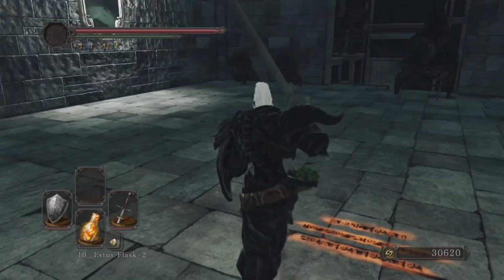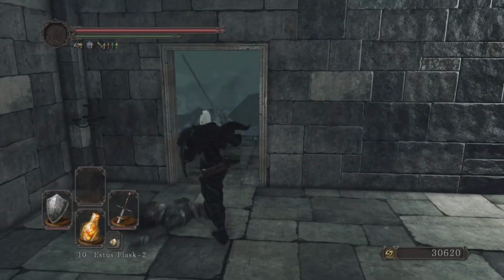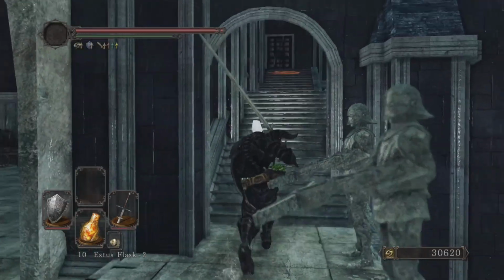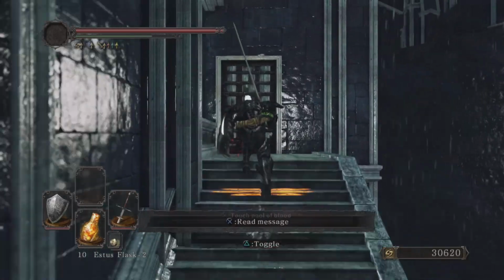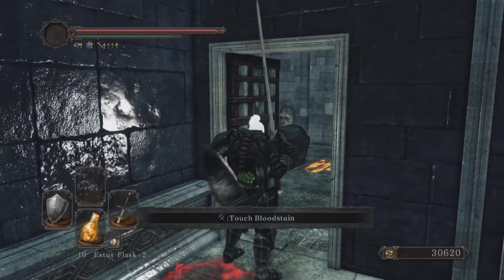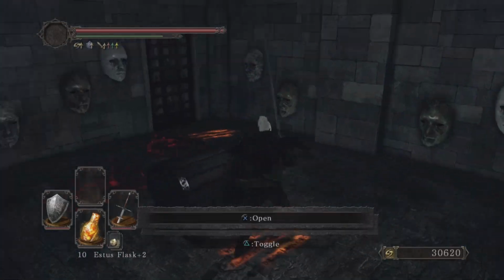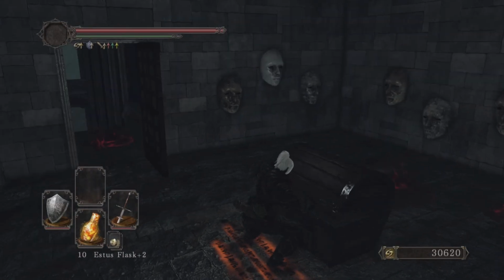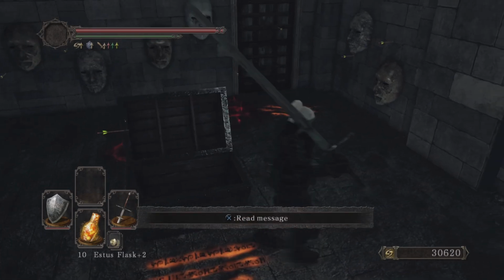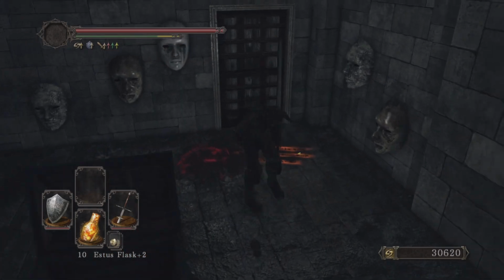Man, I'm getting good drops from these guys. Never trust these ones. Alright, coming through here, just be careful, don't go rushing in. You want to roll towards the center of the room. Alright, these little faces will shoot poison darts. Just like that. And if we roll to the door,